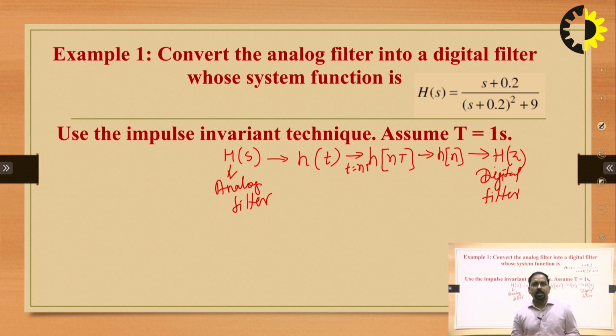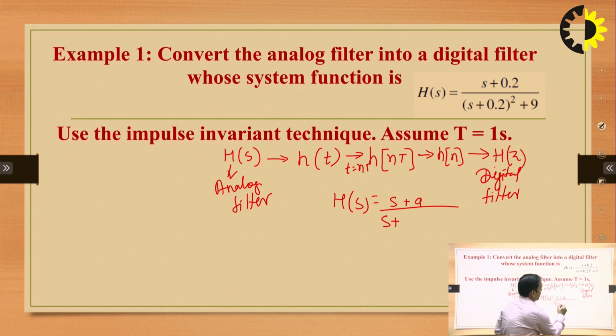We can start something like this: if we have H(s), if you remember the results, (s plus a) divided by (s plus a) whole square plus b square, the inverse Laplace transform of this type of H(s) is